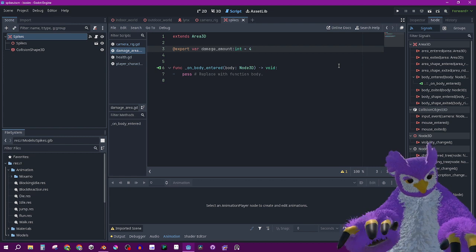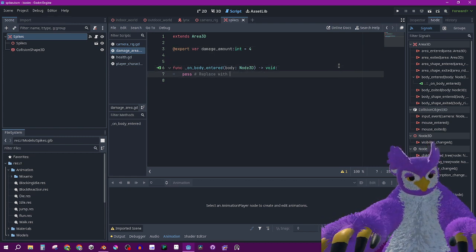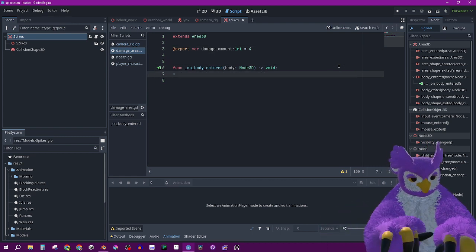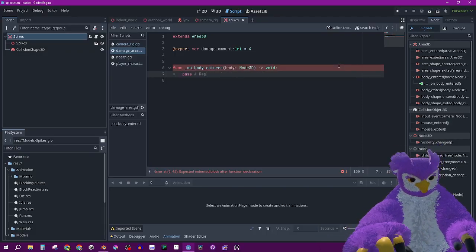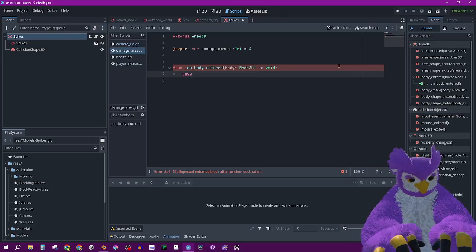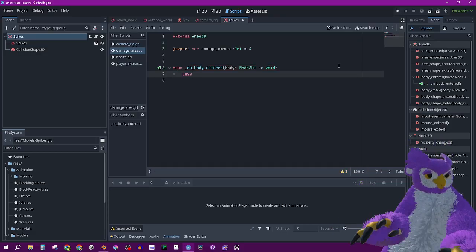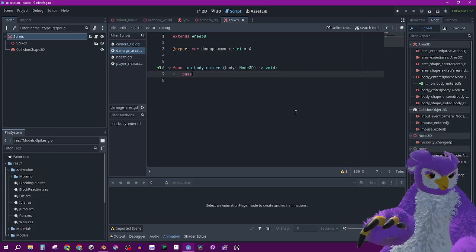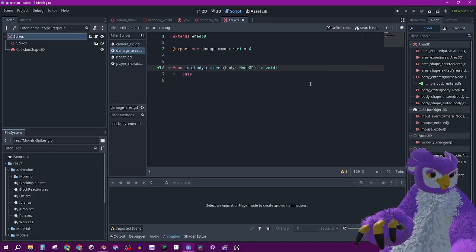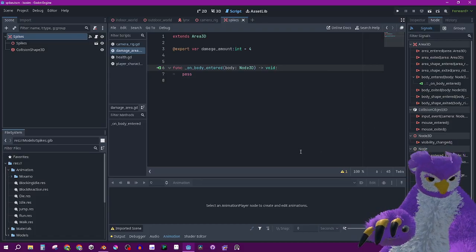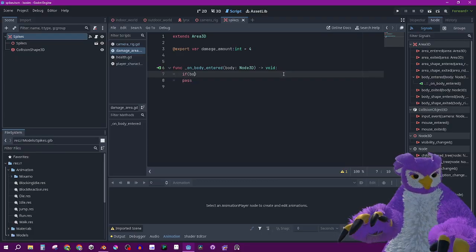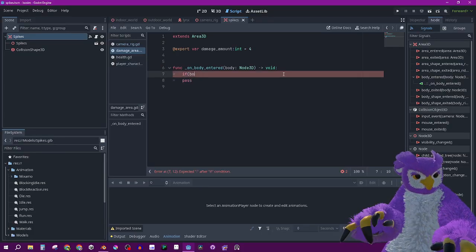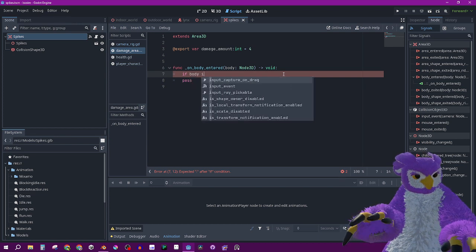So it'll do a full heart worth of damage. All right, let's see. Oh, we do need something in this function. So we say if body is